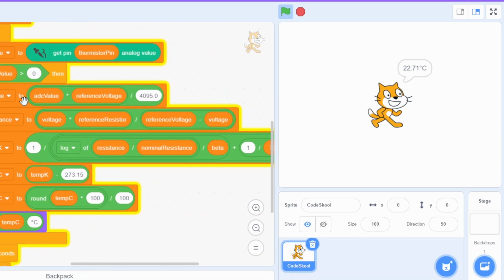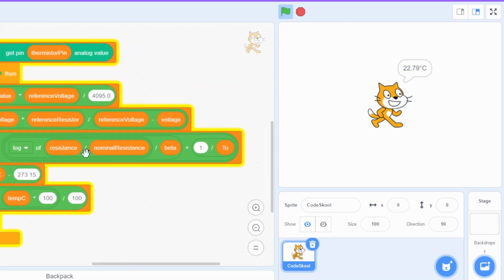First you have to calculate the voltage using the ADC into reference voltage, which is 3.3 volt, divided by 4095, the max ADC value. Then you have the calculated voltage into reference resistor, which is 10k, divided by the reference voltage 3.3 minus the voltage which we have read. Then this is our formula: log of resistance divided by nominal resistance, which is 10,000, and the resistance which we have calculated in the previous step,